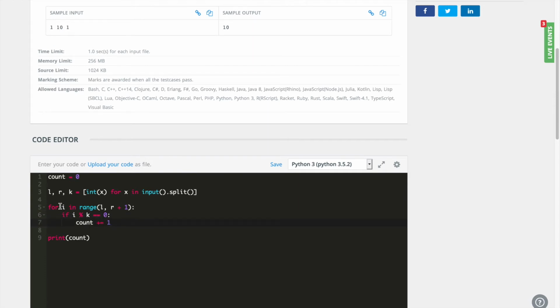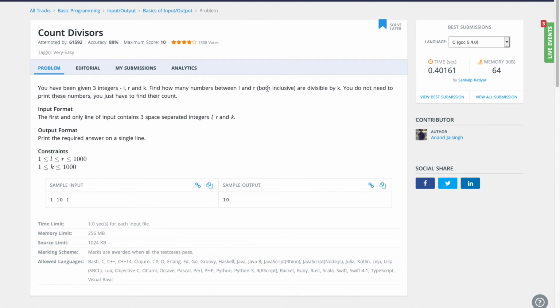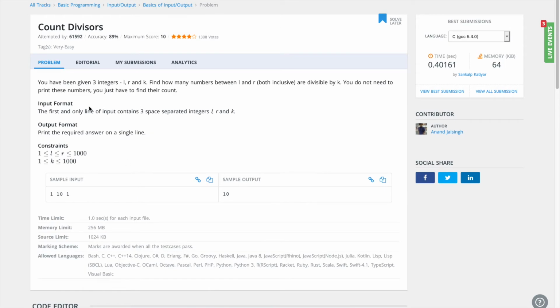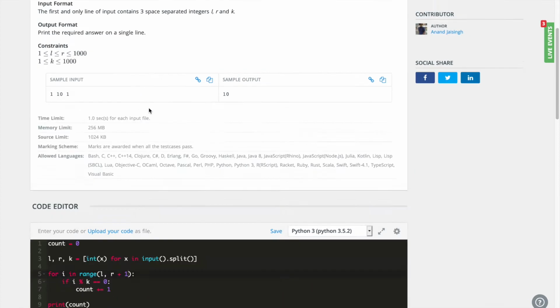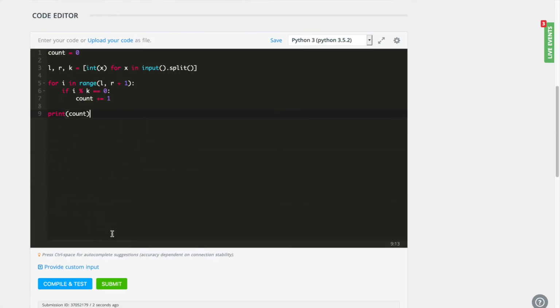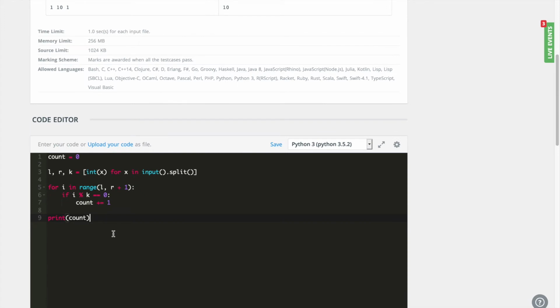And then for I in range L to R plus 1, the reason it's R plus 1 is because if I went to R, it wouldn't include R. And here it said both inclusive. So that's why I go to R plus 1, and it's also good that these are integers. And if I is divisible by K, then I increase the count by 1 and then print the count at the end. So that's it for this problem, and now time to move on to the next one, which is